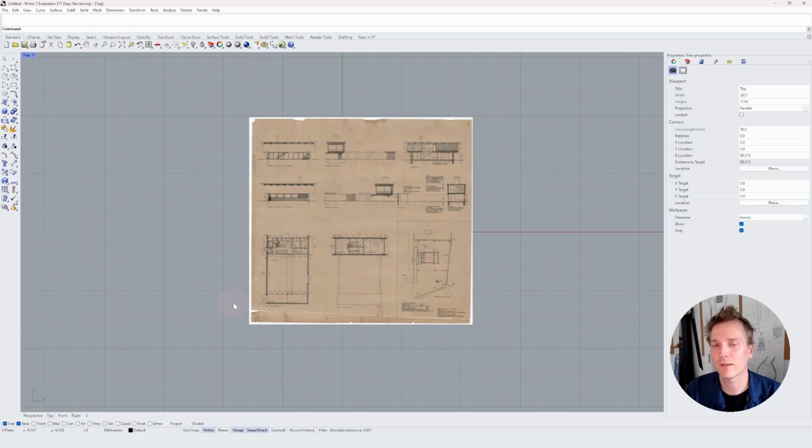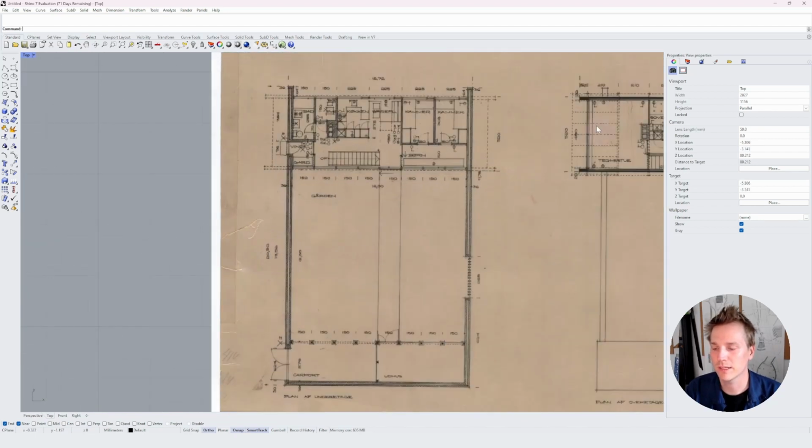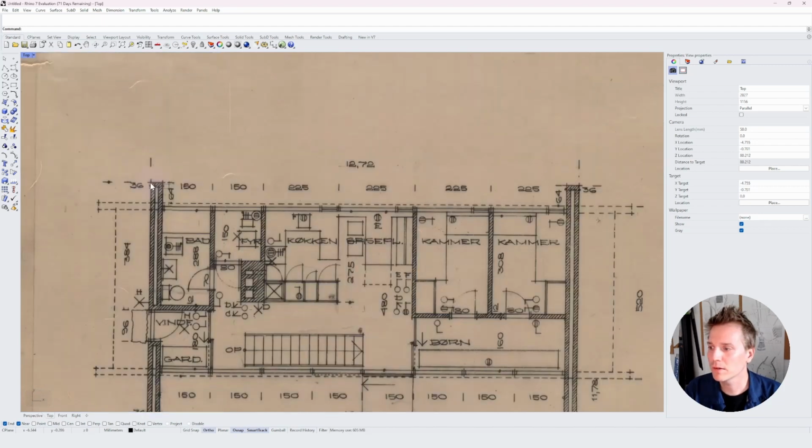We're going to be looking at the plan drawing today. So I'm just going to zoom in so that I have this plan drawing. It's the one in the bottom left corner of the drawing. And you can see that I have a bunch of different measurements here. The one I'm going to use is the one from this corner to this corner, which I know to be